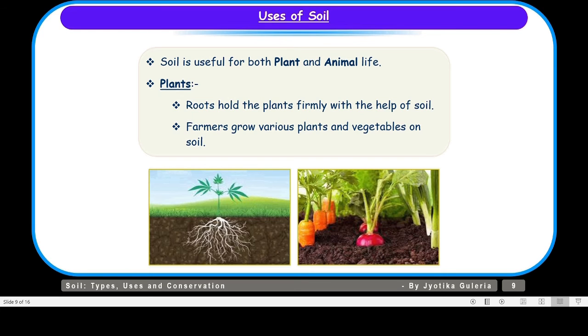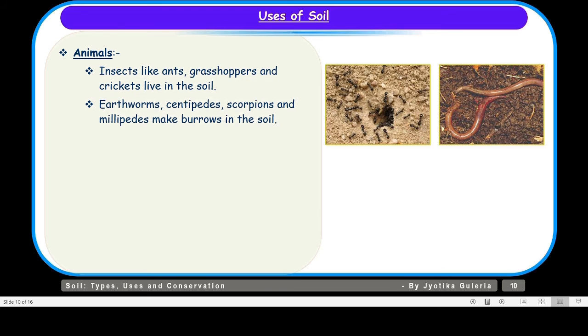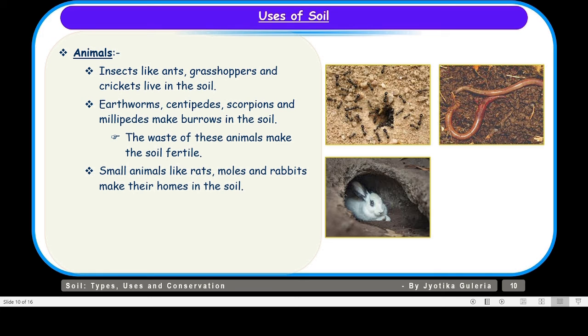So now let us take up uses of soil for animals. Insects like ants, grasshoppers, and crickets live in the soil. Earthworms, centipedes, scorpions, and millipedes make burrows in the soil. And children, you should know that the waste of these animals makes the soil fertile. And also small animals like rats, moles, and rabbits make their homes in the soil.